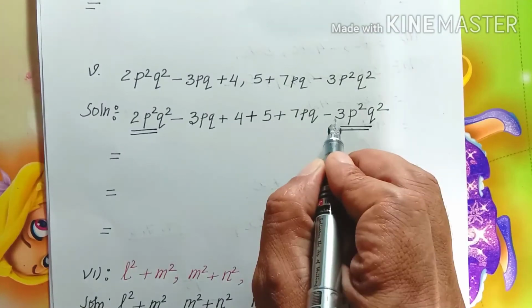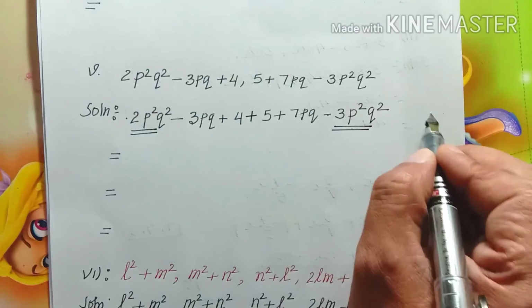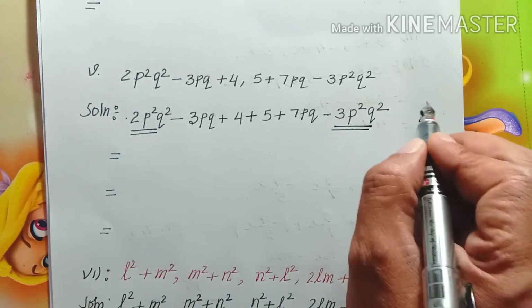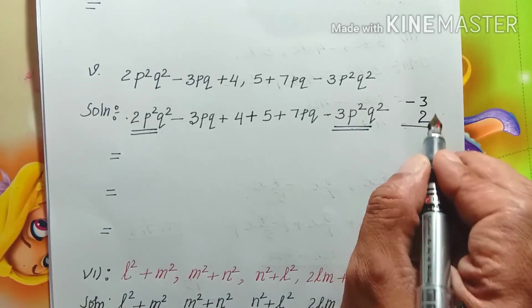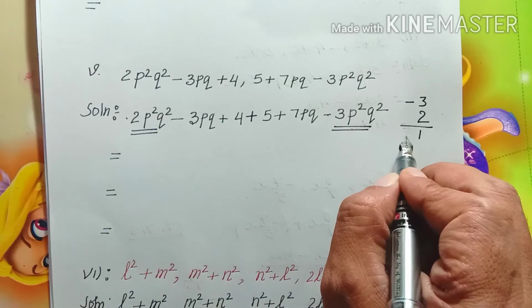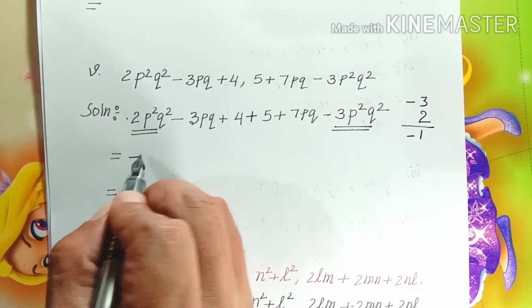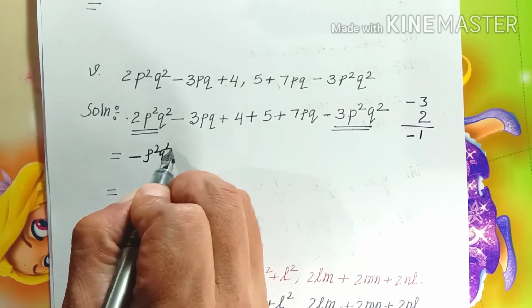So we can just check the numerical value here, plus minus will be minus. In short, here we have 2, the other one minus we have here 3, then here minus plus will be minus, so we get here 1, but sign we take from the bigger number, that is minus. So I've got here minus, the variable will remain as it is, p square followed by q square.